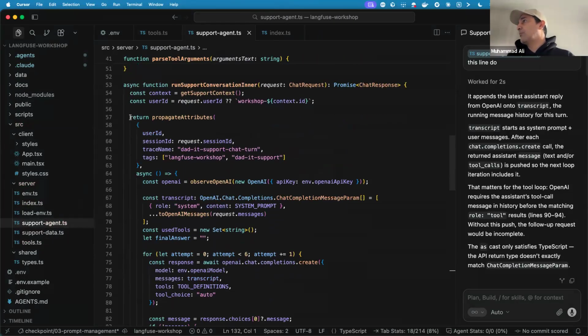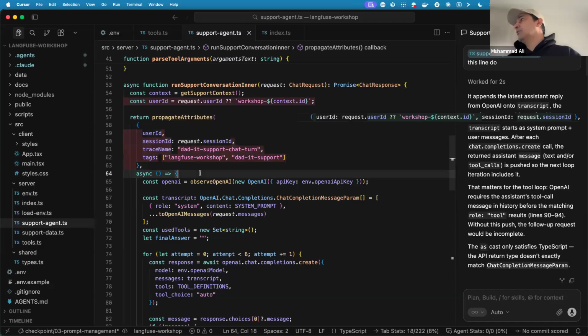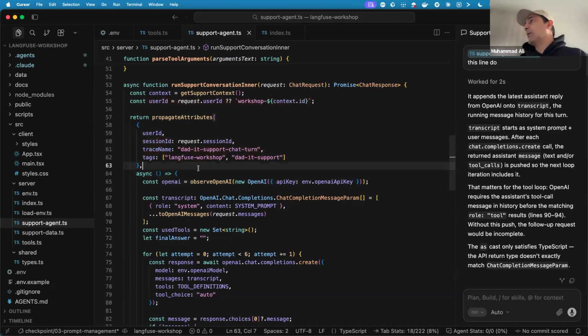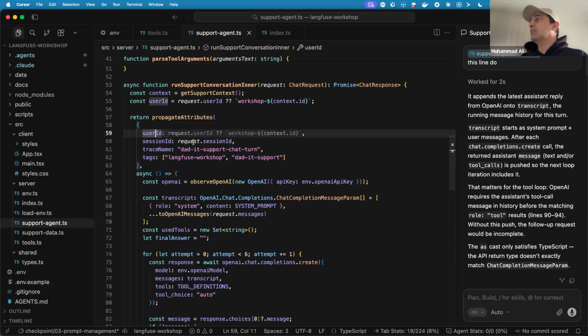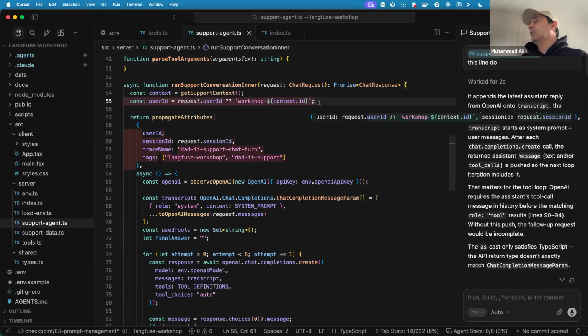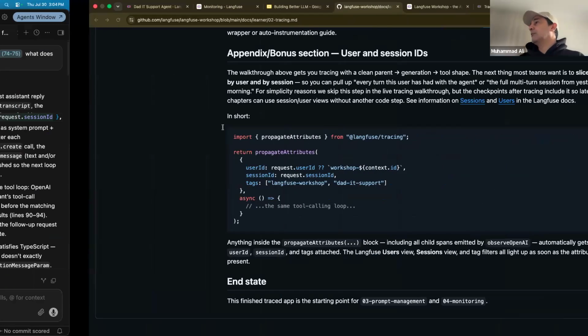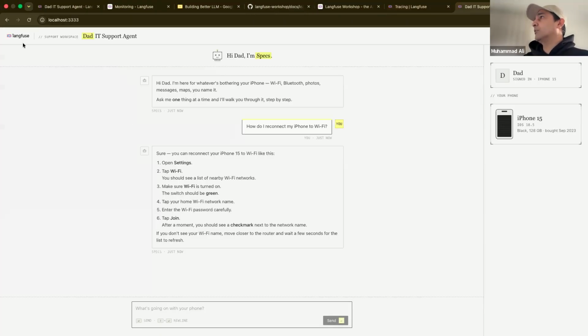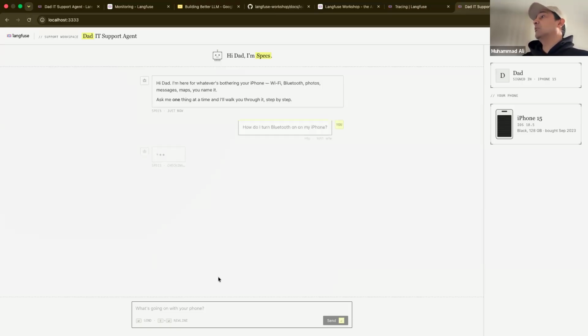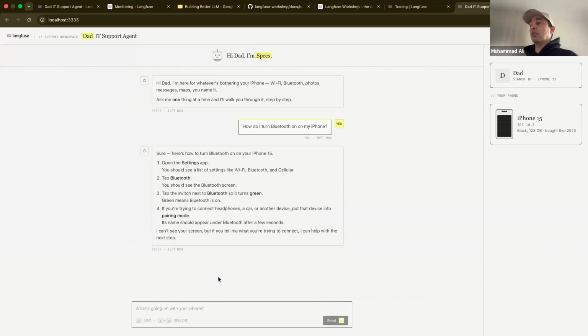And there you go. So propagate agent is added here, which actually captures the observe OpenAI call and wraps that into this thing and always sends the session ID and the user ID. We create the user ID as the context ID with the workshop name and then that. Now, what does that do? When we go to the application now, refresh this application. This is a new session. I ask the question. It will show us the trace in the same exact way. There will not be a lot of difference in the trace, but we will see something else.